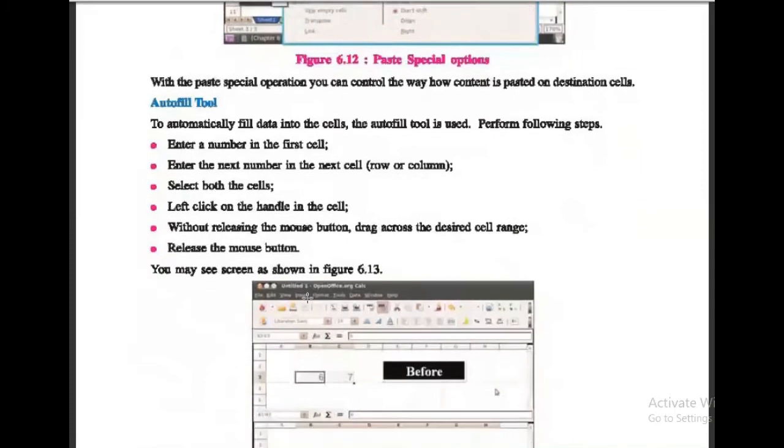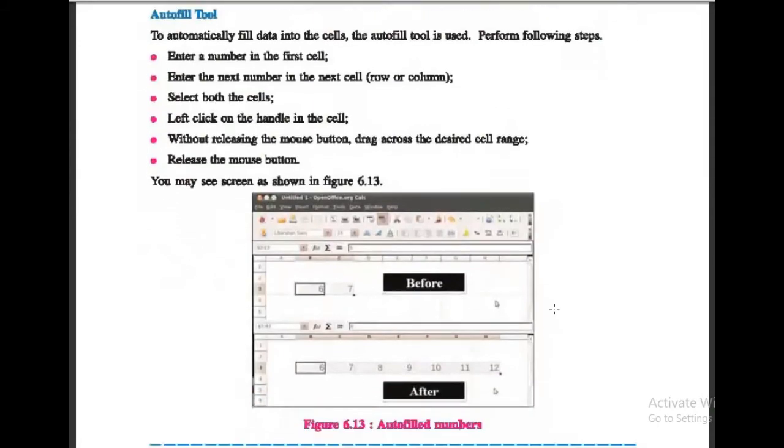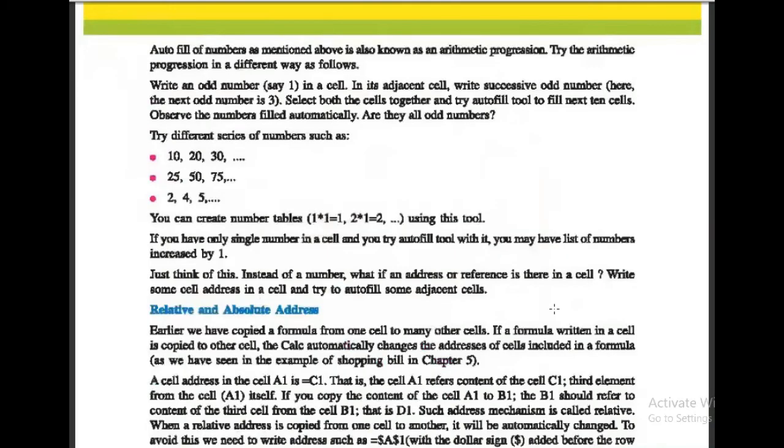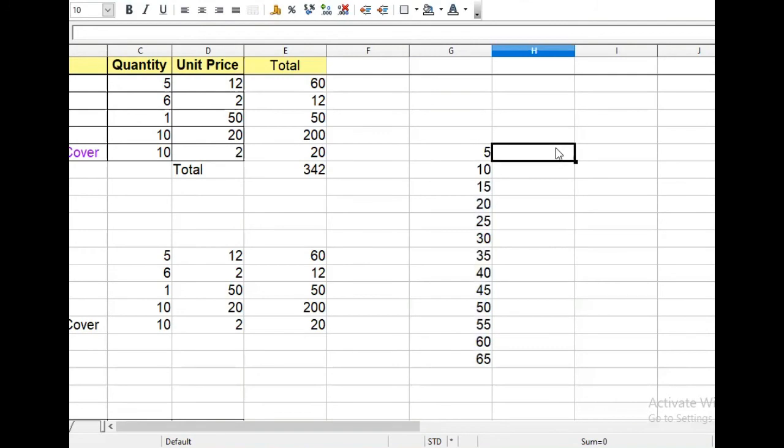Then the autofill tool. We have seen that while dragging this in 1 2 3 4 serial number, I already discussed that, and it is used for different series also. For example, if you keep a gap or difference of 5, like this, write the first and second term, and then click and drag from this fill handle, and you will get a difference of 5 in each term. And for dates also we can use this, that we have seen in the series option.